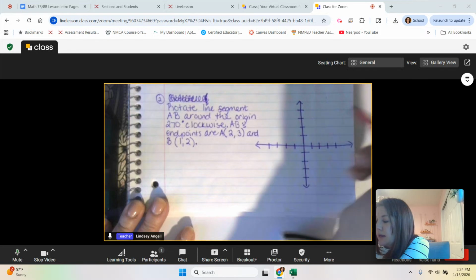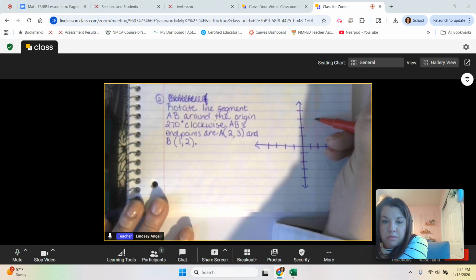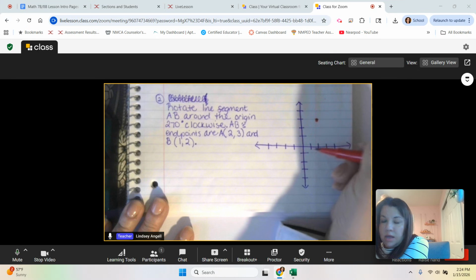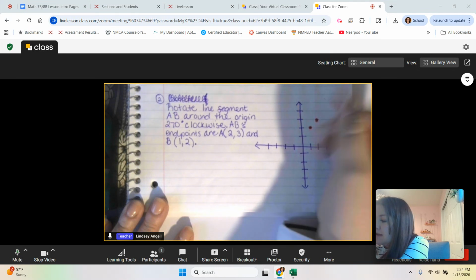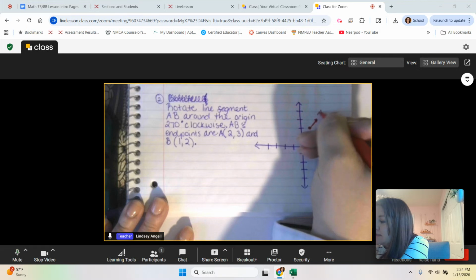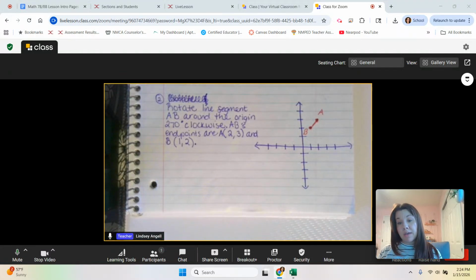So let's go ahead and get that plotted. So 2, 3, about right there. And then 1, 2. That's just a little guy. Right, so there was A, and here's B. So if we're going to go